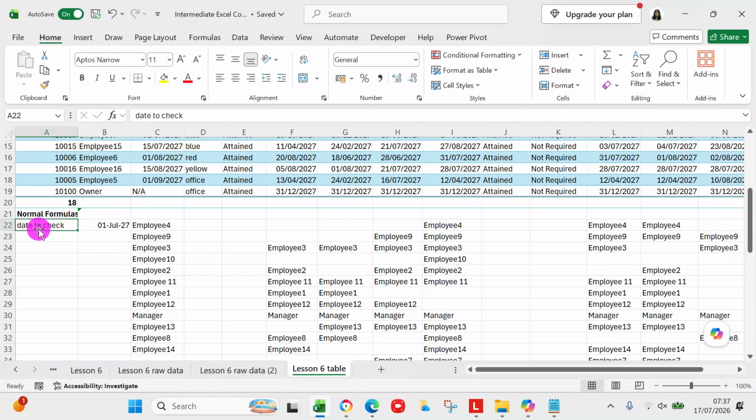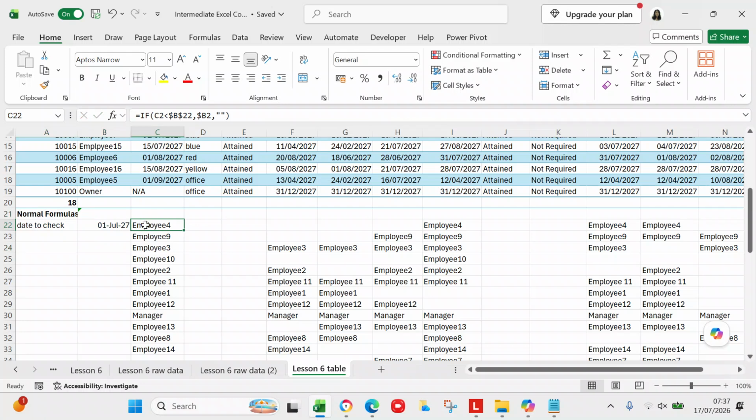So your date to check is in B22 and your date is 1 July 27. This is using traditional Excel formulas. You say if